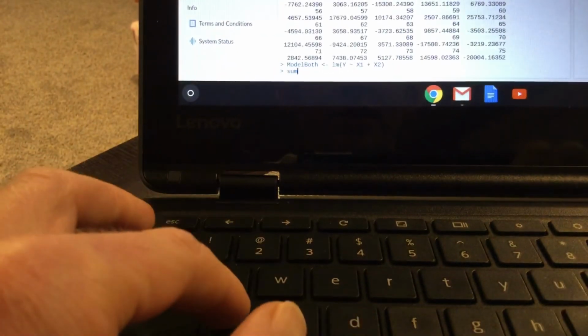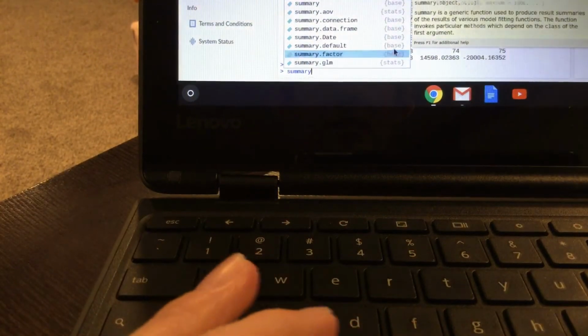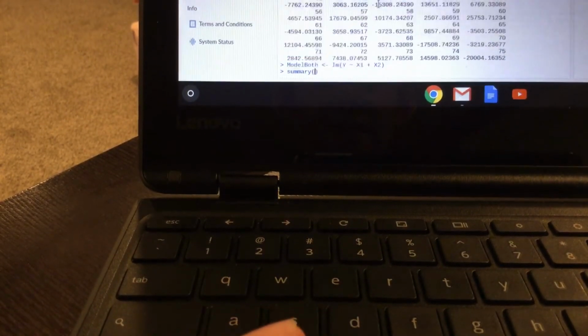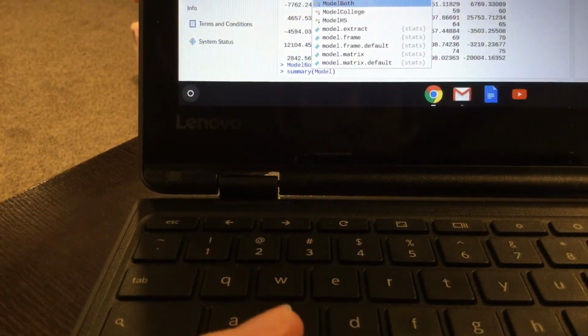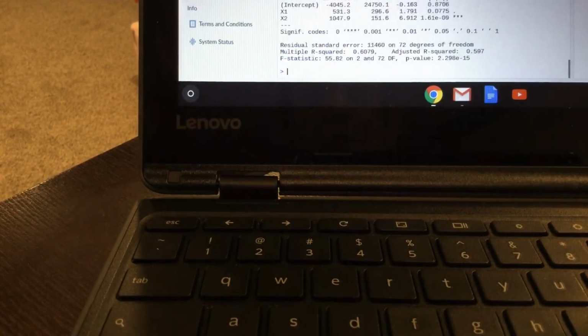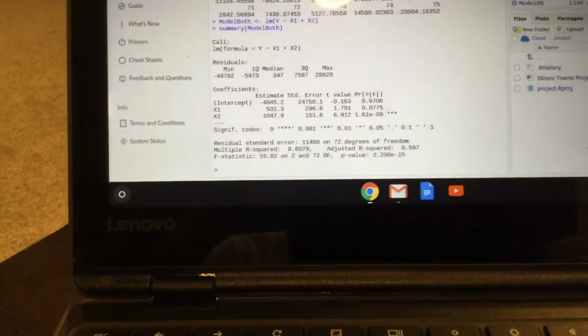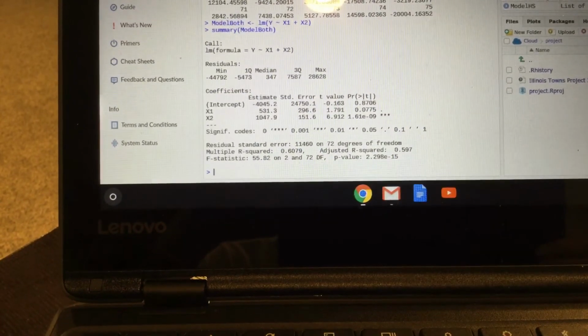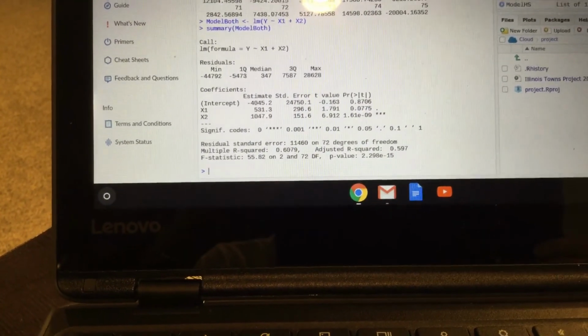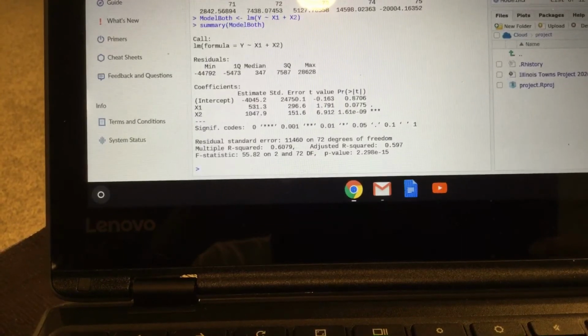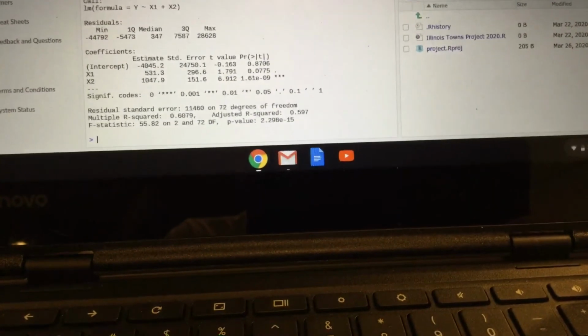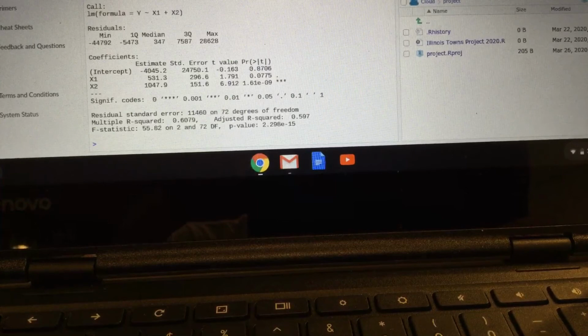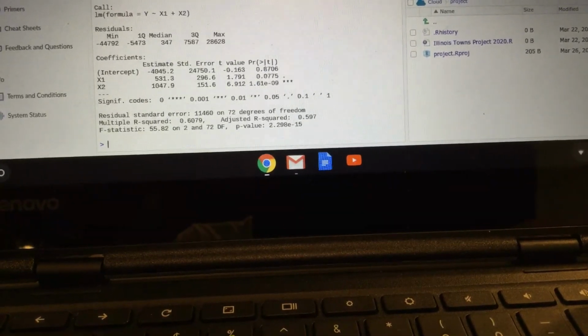Lastly, I do summary. Okay, that's summary of model both. I hit enter. That's great. What do I want? I want that y-intercept, and then it kind of has two slopes. That number attached to x1, number attached to x2. That adjusted r squared of 0.5970. All right, and how I would write that, again, in my